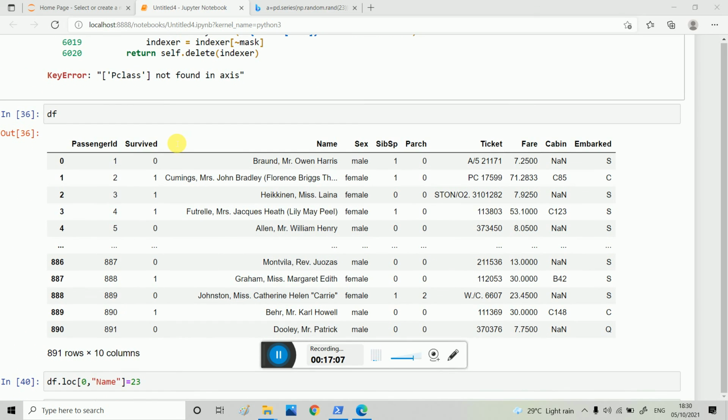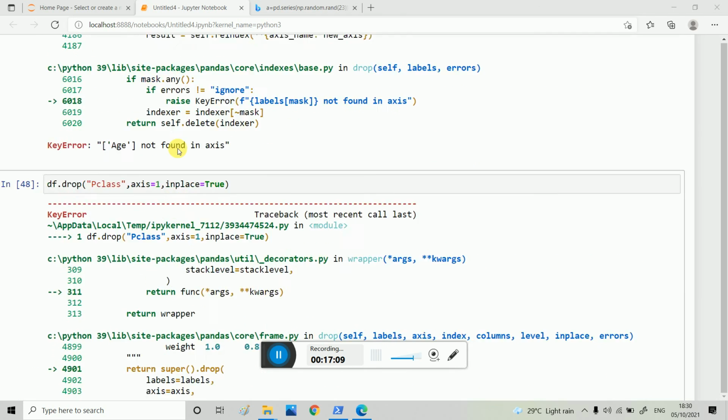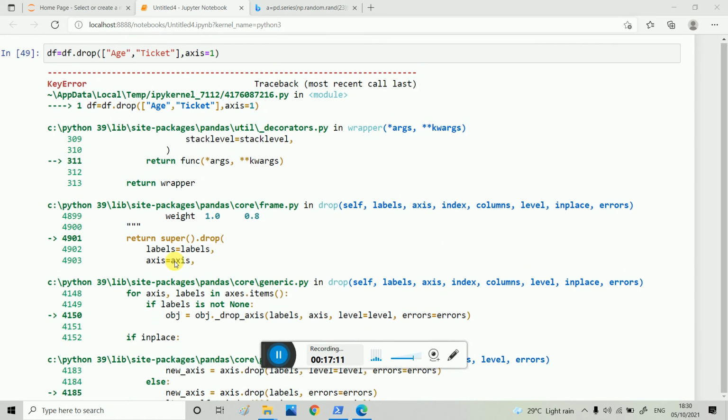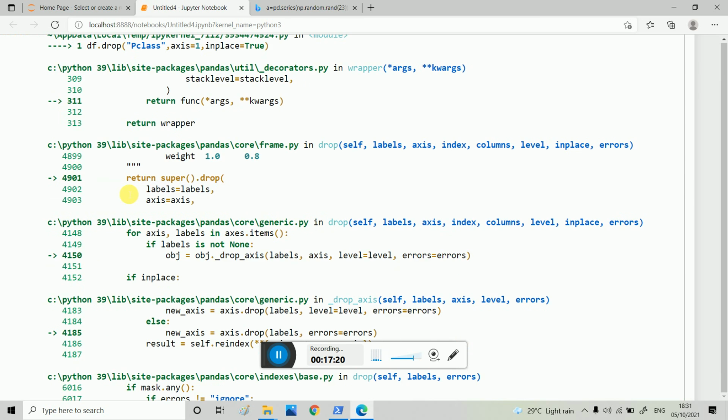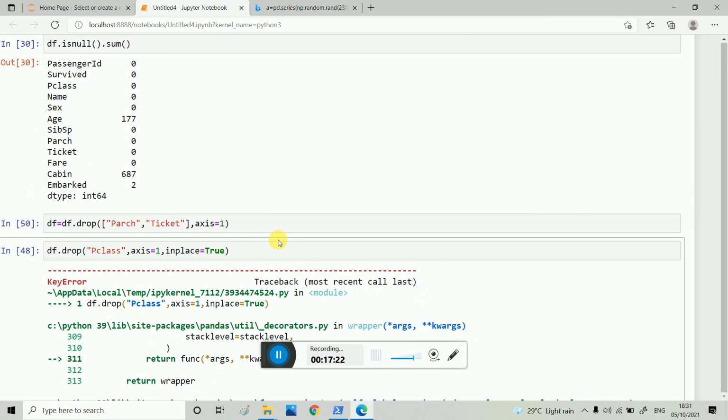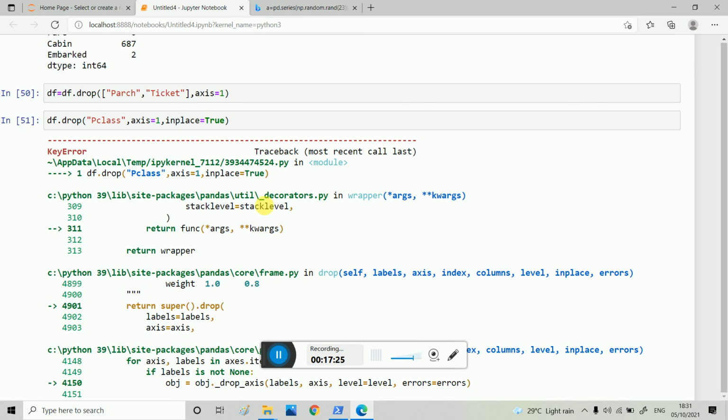So I can take parch. For example, here I can take parch, and then shift enter.